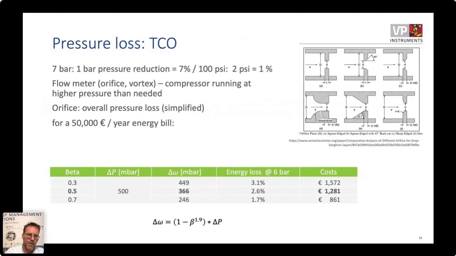And again, this is a calculation example. Let's take a 50,000 euro per year energy bill. If you would then take an orifice meter with a differential pressure transmitter that needs 500 millibar full scale. Of course, you also have better meters on the market that can deal with a lower differential pressure, but this is an example. We have found these examples also in the field. Then you might lose around 400 millibars just by permanent pressure loss. And in the end, that will cost you also 1,200 euros per year in addition to your energy bill. So this is something you should take into account